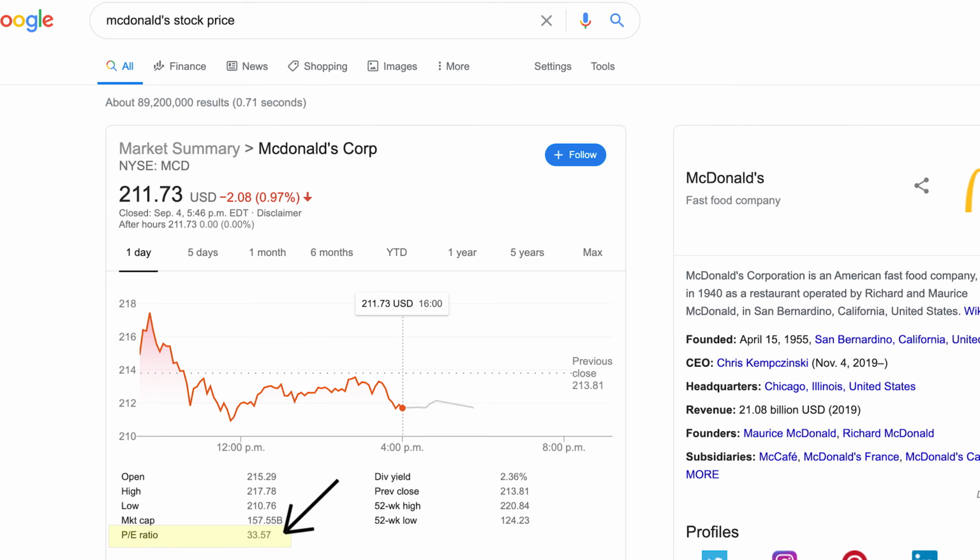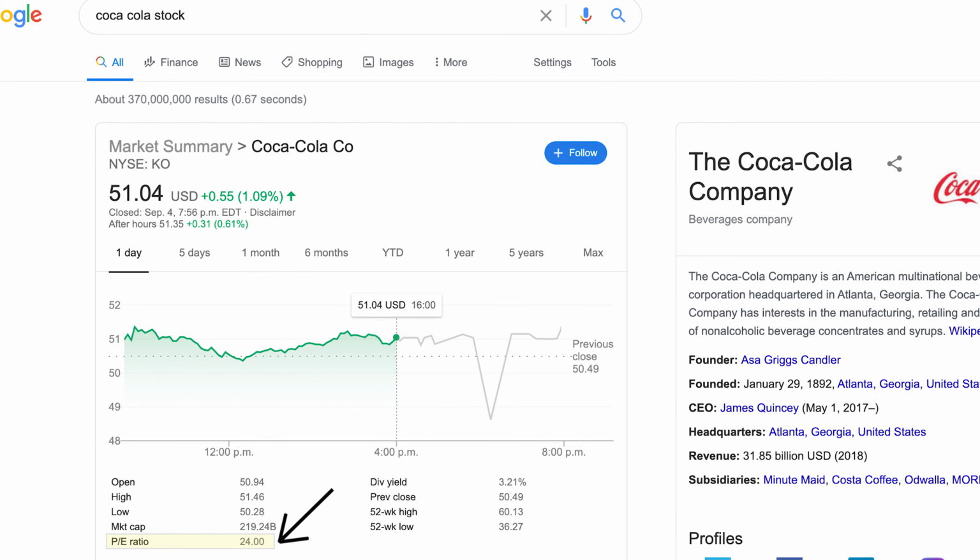Earlier, we looked at McDonald's, and we found that it had a PE ratio of 33.5, meaning that for every $33.50 worth of stock that you purchased, you would get $1 of earnings. And now we've just seen that Coca-Cola has a PE ratio of 24, meaning that for every $24 worth of stock that you buy, you will get $1 of earnings. So does that mean that Coca-Cola is the better investment right now compared to McDonald's, since it has the lower PE ratio? Maybe. But here comes the bonus lesson that most videos about the PE ratio are not going to